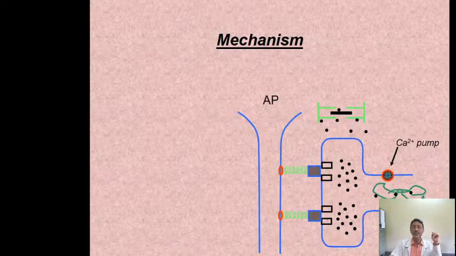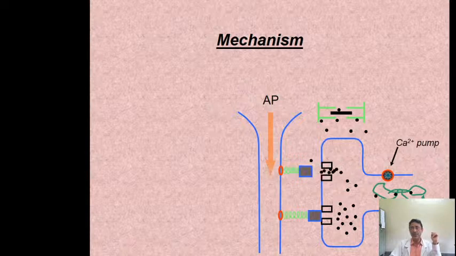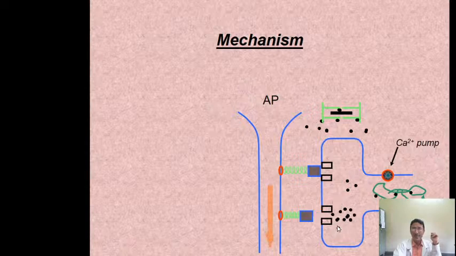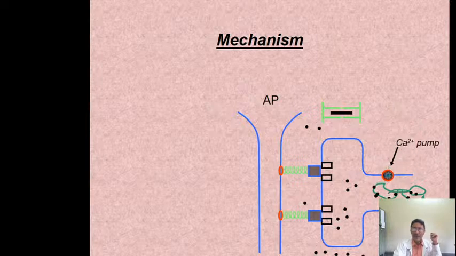Here it is again given in a diagrammatic manner. Here you will find that there is an action potential moving inside. As the impulse goes inside, it releases the calcium ions. They are coming out from the calsequestrin in the sarcoplasmic reticulum, and they are causing contraction. Once the contraction is over, the calcium pump, an active pump, will pump calcium from the sarcoplasm back into the sarcoplasmic reticulum, and it will be stored here.